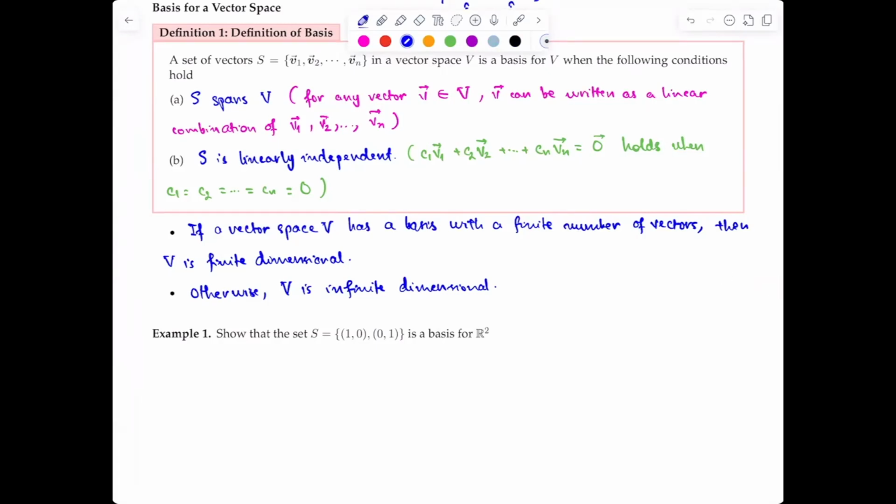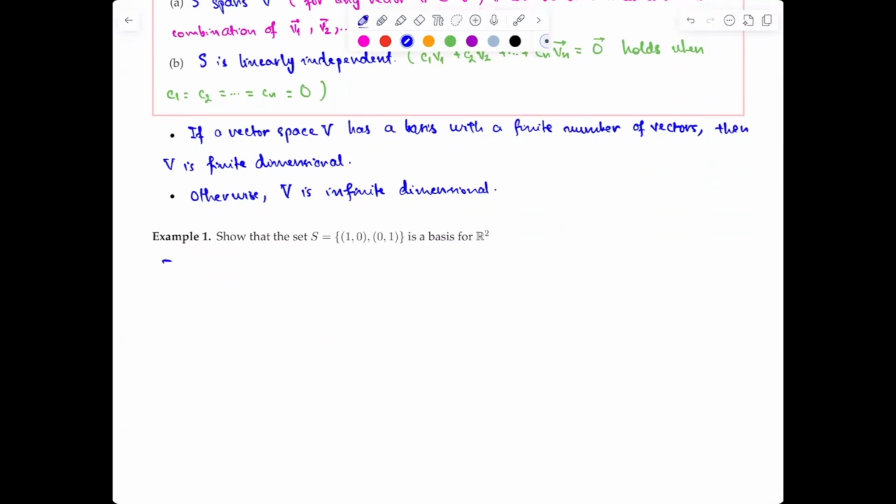example. So the first example is, can you show the set S to be a basis for a two-dimensional plane? Okay. So this is the set of standard unit vectors i and j, and we need to check two conditions, that S spans V and S is a linearly independent set. So the first thing that is, the set S that is equal to the vectors (1, 0), (0, 1)